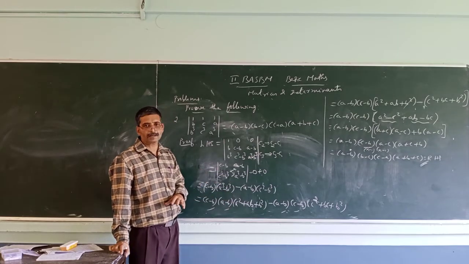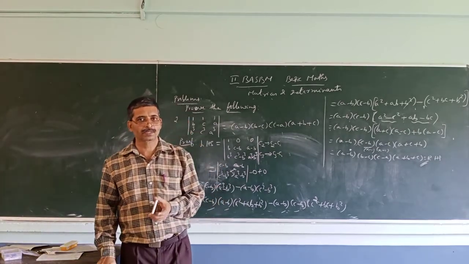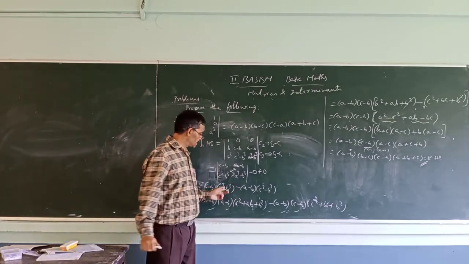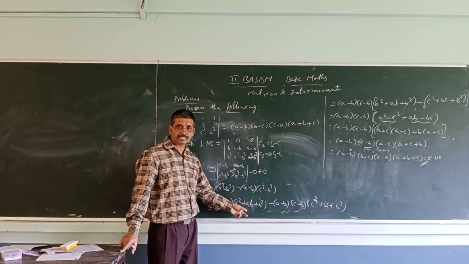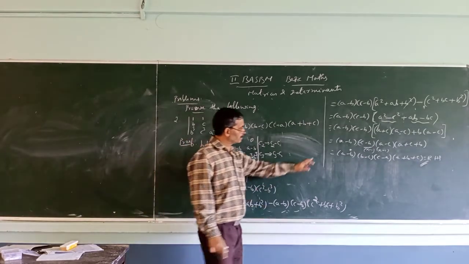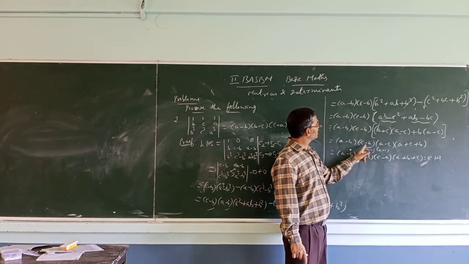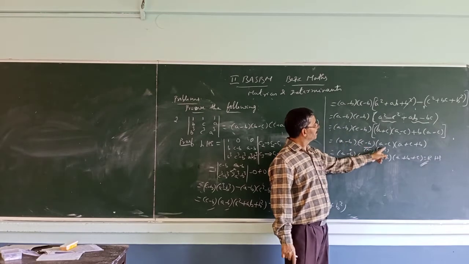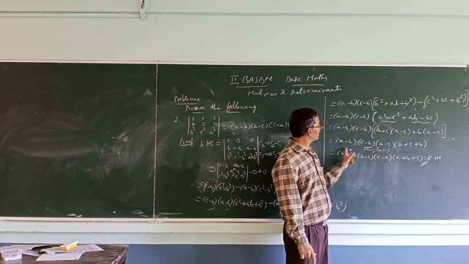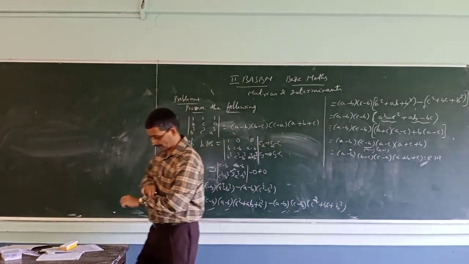Here I use one formula, I mean two formulas in fact. One is the simpler one: A square minus B square is A plus B into A minus B. Another one, A cube minus B cube is A minus B into A square plus AB plus B square. This is the formula I am applying. And finally, here in some stages I am rewriting these two, because C minus B is nothing but minus 1 into B minus C. Again, A minus C is nothing but minus 1 into C minus A. So I can rewrite like this. That's the proof.